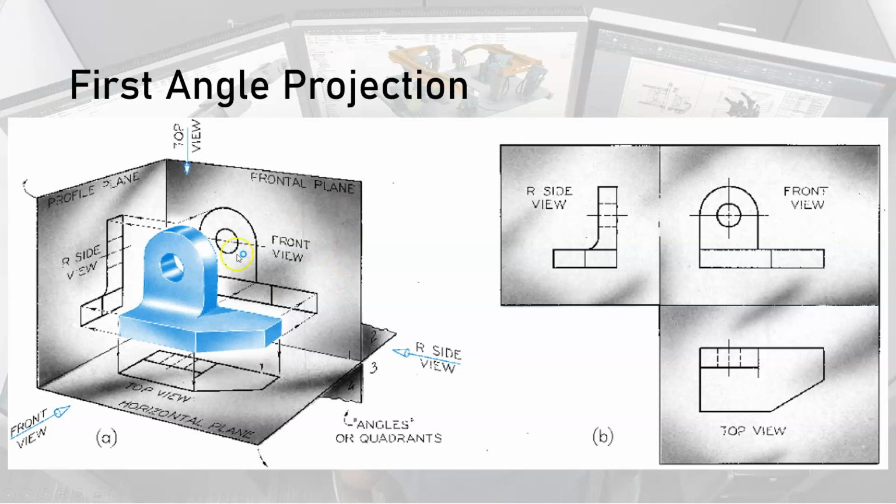Okay, so the front view is shown here. The right side view is actually to the left of the object. The top view is below the object. Now, this is confusing when you're used to third angle projection, and don't worry, we're not going to do any